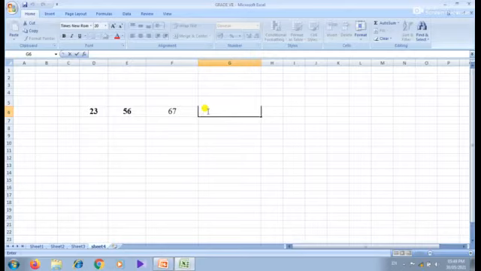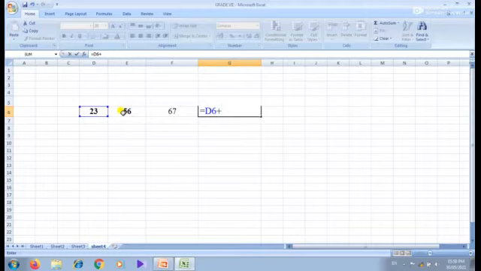By using mouse and using keyboard. Okay. Now I'm going to use the mouse. Okay. See here. Equal sign. Then using mouse I'm going to enter the formula. First you have to type the equal sign. After that you have to click on cell D6. Okay. Then after that you have to type the symbol plus.